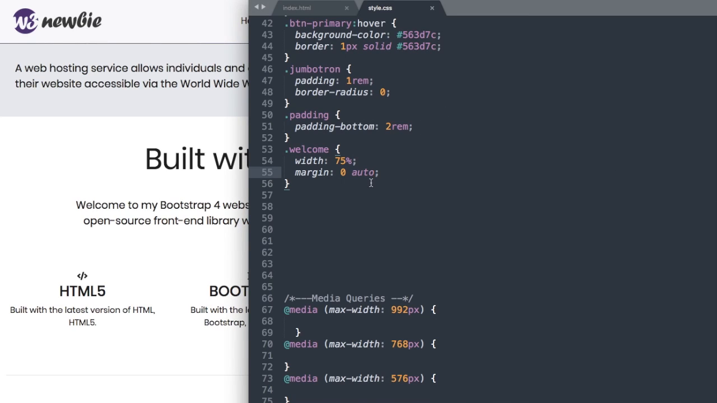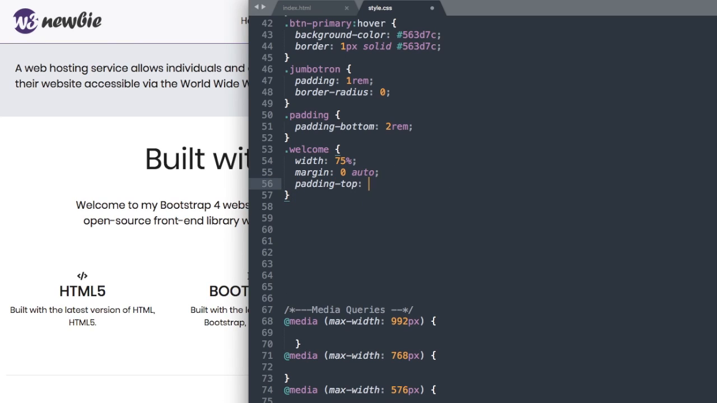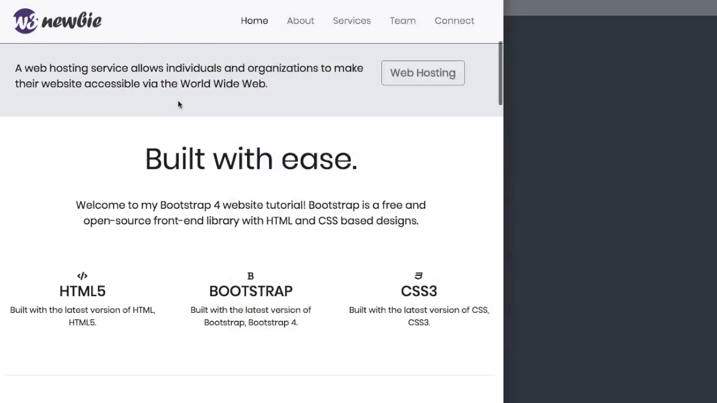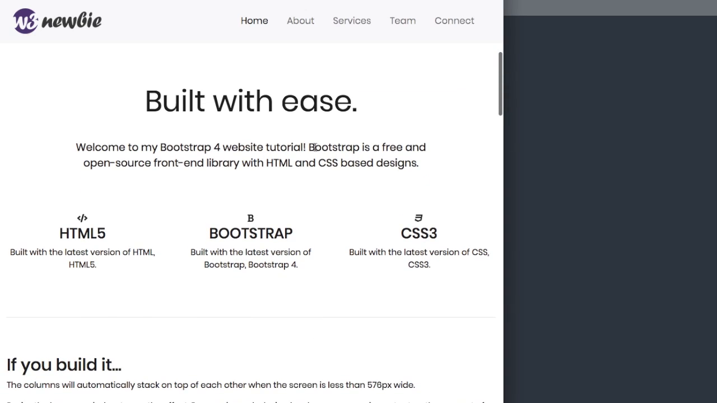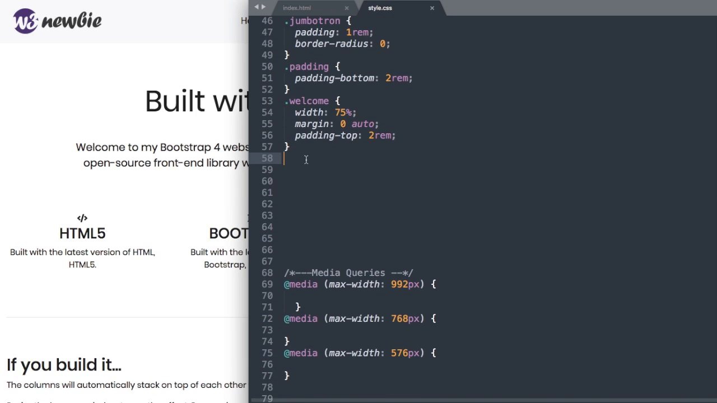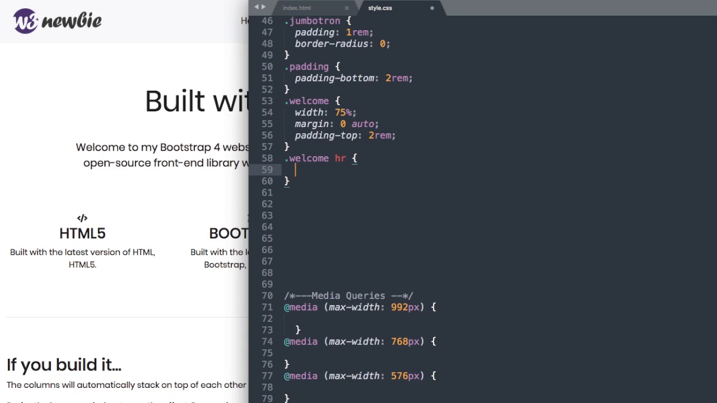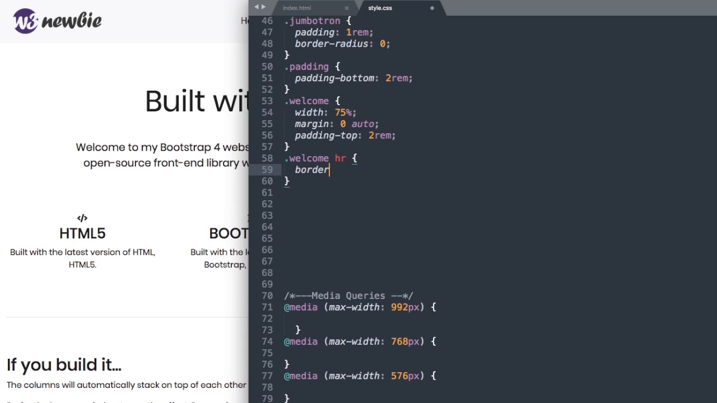And let's also add some padding to the top of it, just above the built with ease text. So we'll say padding-top 2 rem. And I should say by default, Bootstrap does use rem. Okay, so now let's go ahead and just style the heading, or rather the horizontal row for our welcome class. So .welcome hr, and then border-top